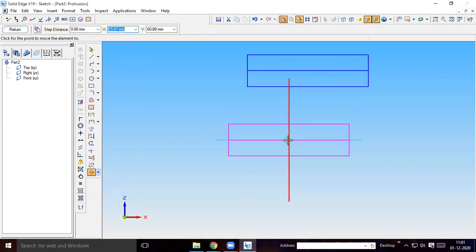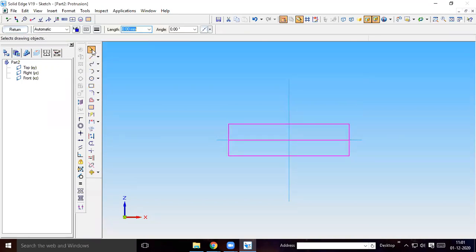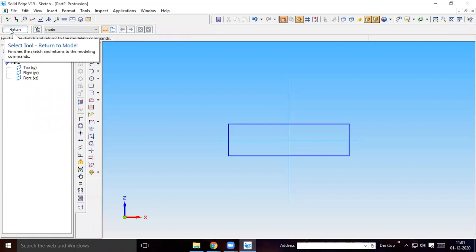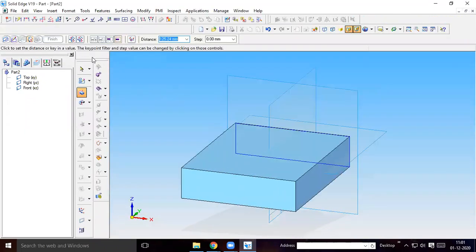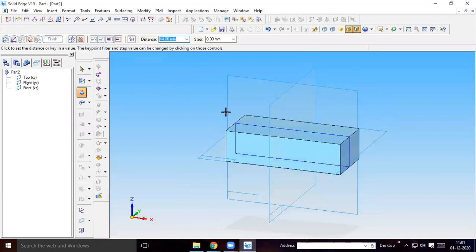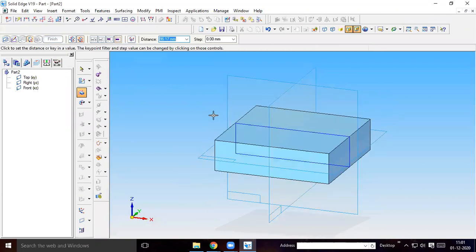Like this you can place it. Once you place it, you can delete this line. Then go to the return option and use symmetric extent; the width will be 8 mm.